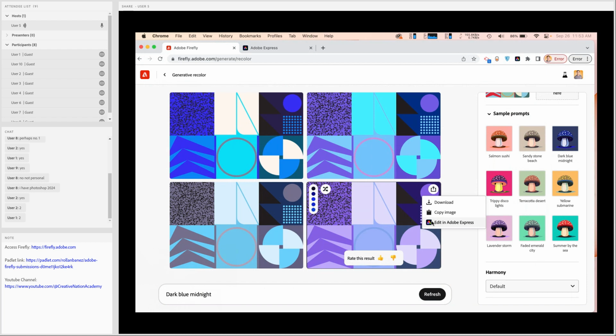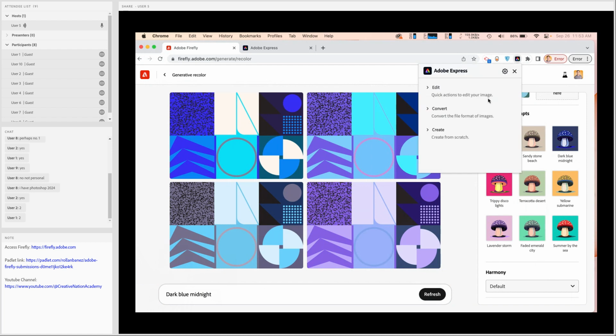And if you're using the Chrome browser, it also has what we call the Chrome extension. Does any one of you already know this? You can download the Chrome extension, which is Adobe Express. If anyone already knows this, kindly comment, or is this new to you? Anyone who already knows there's a Chrome extension?